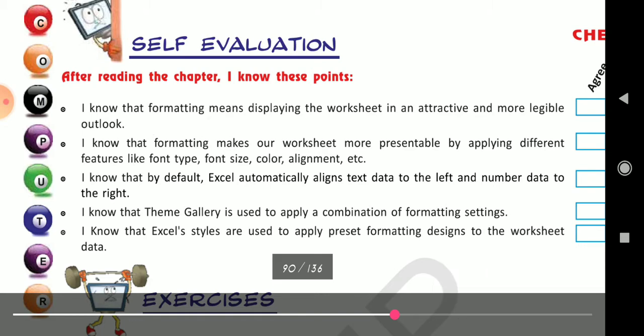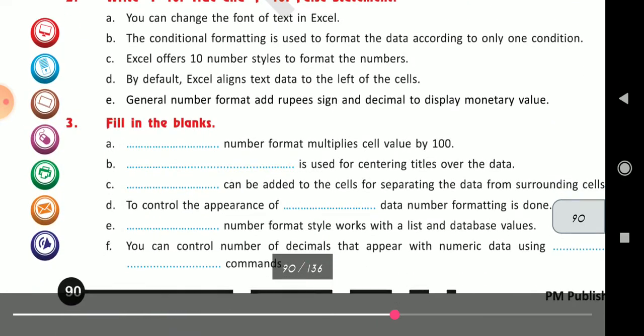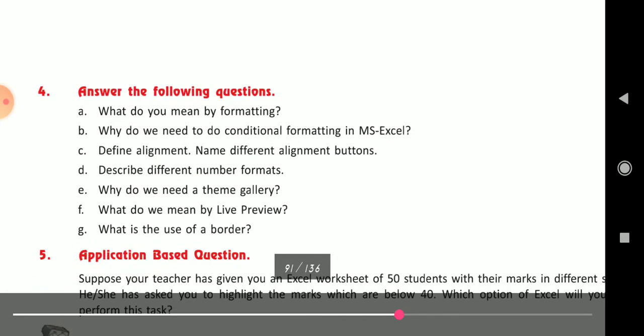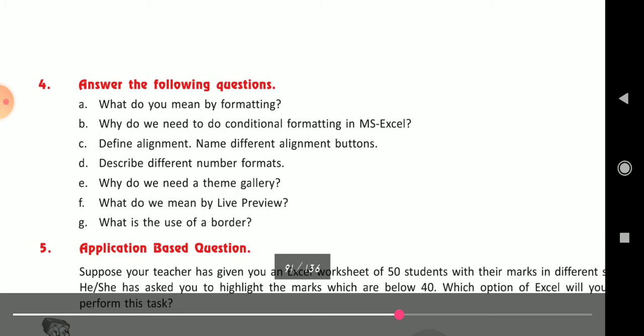Second question. Why do we need to do conditional formatting in MS Excel? So why do we need a conditional formatting? While our cell data meets some specified conditions, if there is any condition to satisfy that, we use conditional formatting. Okay?